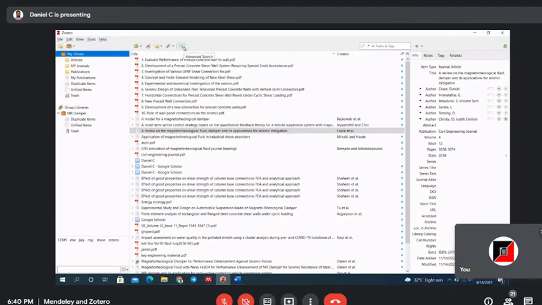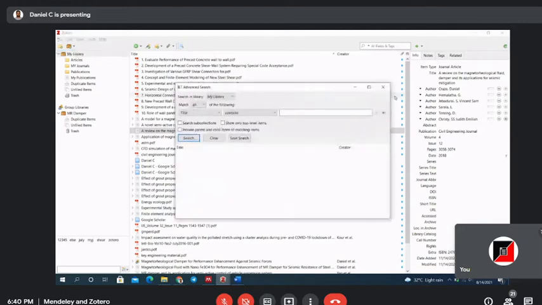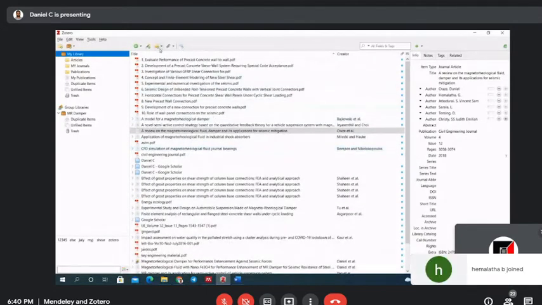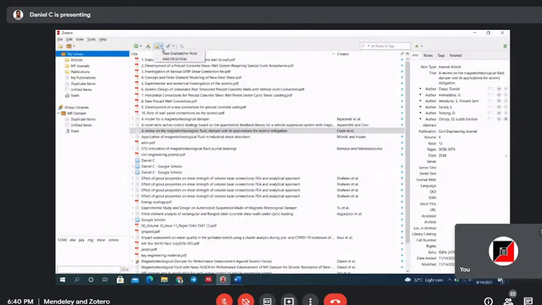Then you can search here with the advanced search option. If you have only some articles it is not a big issue, but when we have some 500 to 700 articles, searching by scrolling from the top to the bottom is a little bit difficult. So you can use this advanced search option. You can attach files through URLs and you can add notes.